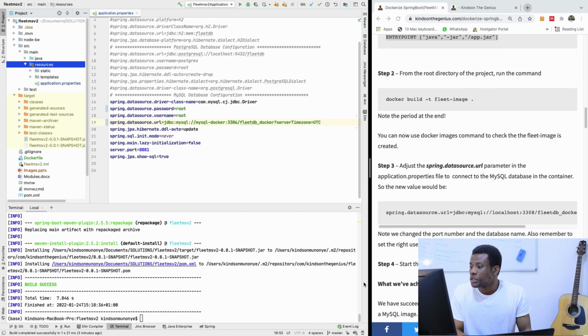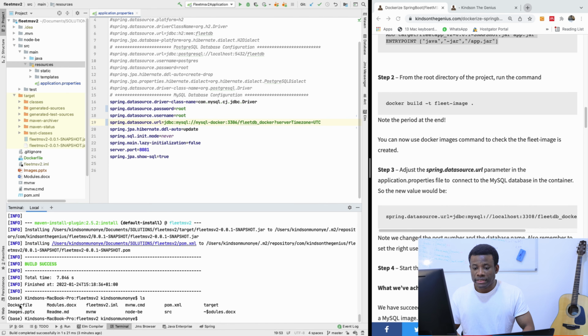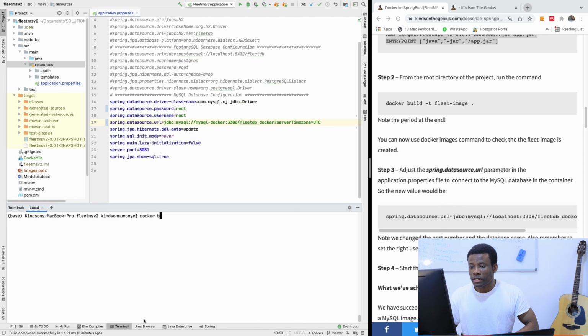Dockerfile. All right, so the next thing we want to do, we have the jar file, we now want to build the image. And I'm going to call this image FleetMS. So I'm going to say docker build. Actually, I'm going to navigate to the root directory. So I'm going to say cd, I'm in the root directory. Permit me to just say ls. I want to make sure the Dockerfile is here, because I'm using the Dockerfile in the same directory. So I'm going to say docker build -t,